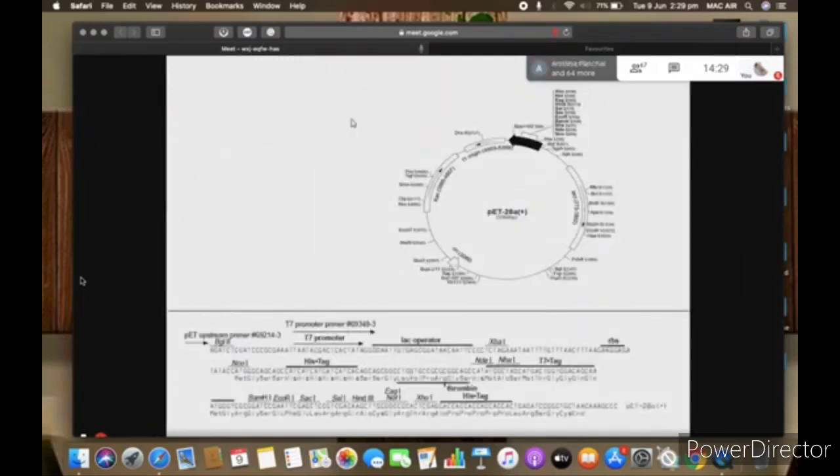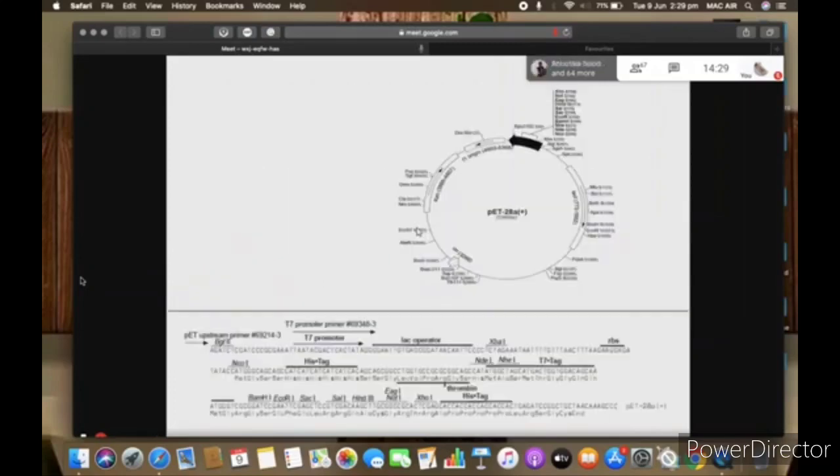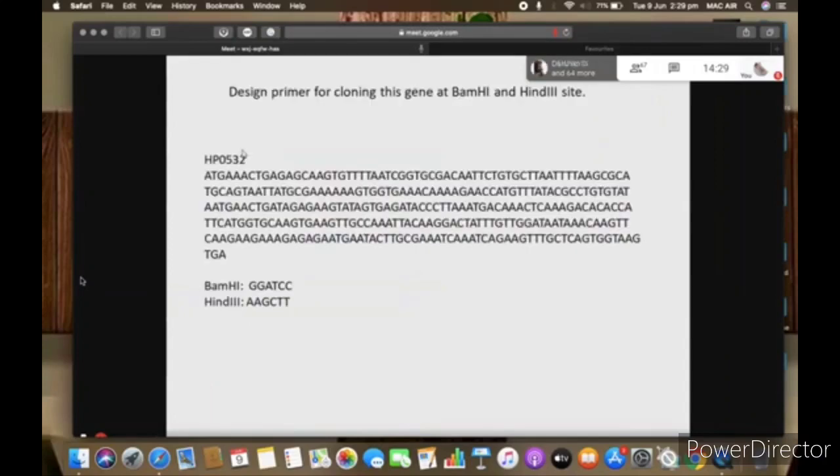See, for PCR cloning, we select the sites which are absent in the gene. Suppose we have to clone this gene. So in this, that restriction site should not be present. Out of this, you have to search which restriction site is absent in this gene.